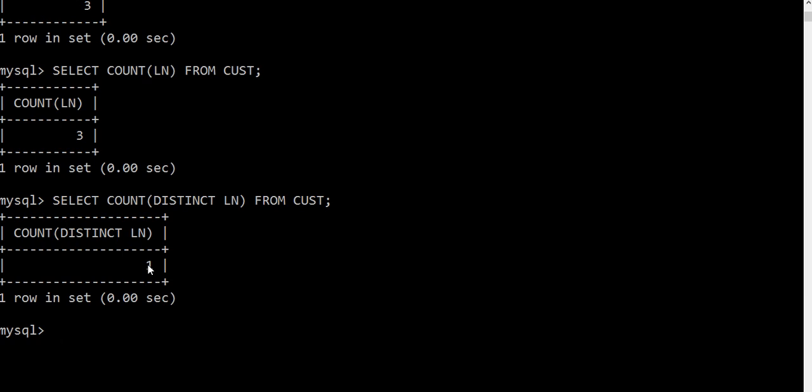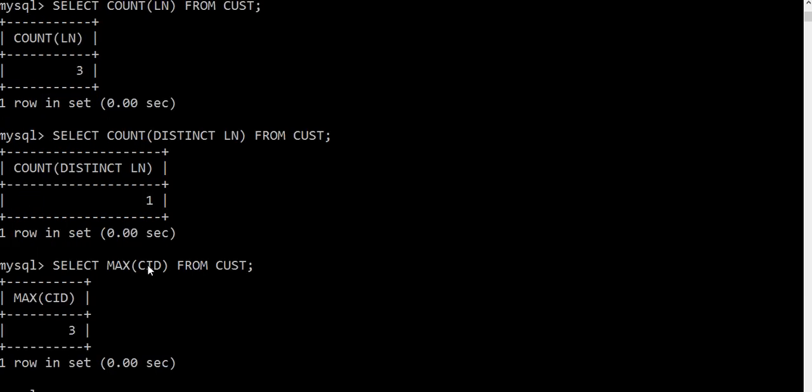Now the next function is the max function. Select max. Instead of count I am making it max, and LN will not work here, so I am making it CID, because for maximum we need some mathematical values.